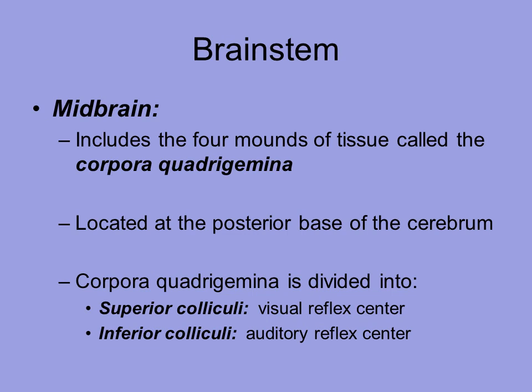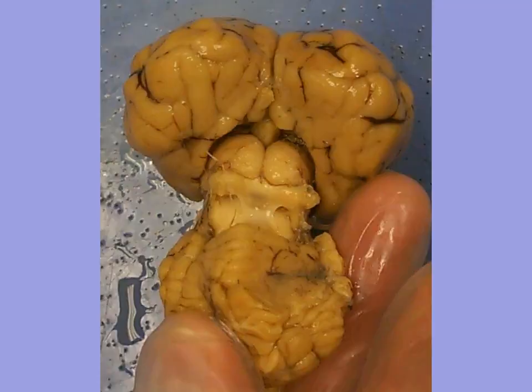With the brainstem, you have the midbrain. That is at the base of the cerebrum. And there's like four groups or four little spheres of tissue that's known as the corpora quadrigemina. You have within that the superior colliculi and then the inferior colliculi, which is involved with both visual and auditory reflexes. So as you can see here,